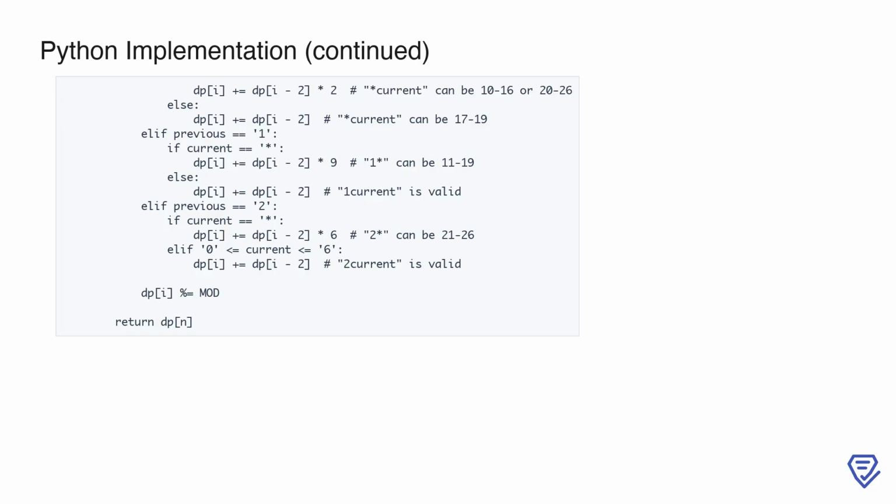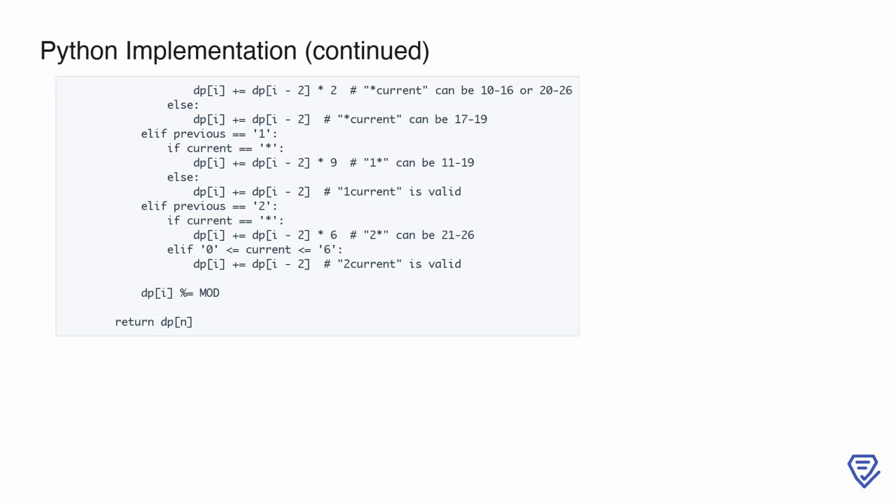Similarly, if previous is 2, its combinations depend on current. With an asterisk, it represents 21 through 26, so we add dp[i-2] multiplied by 6. If current is between 0 and 6, the combination 2 current is valid, and we add dp[i-2]. After processing each combination, we ensure dp[i] stays within bounds by taking its value modulo mod. Once the loop completes, the final answer is stored in dp[n], which we return as the total number of